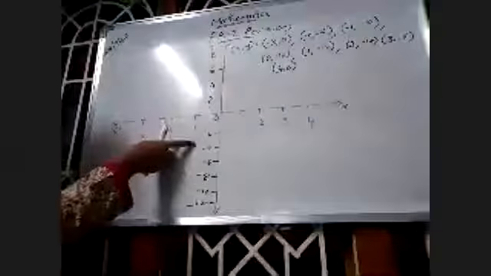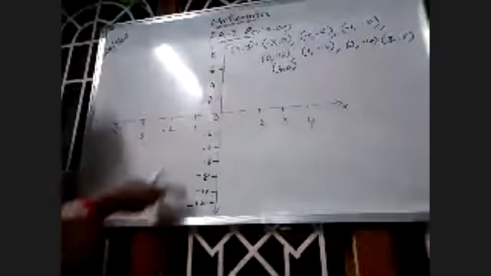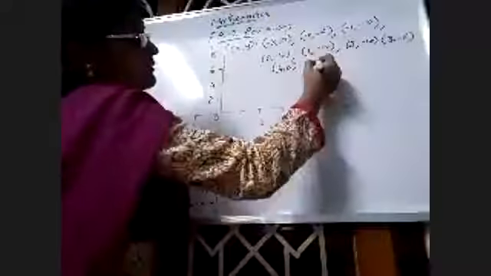So if I take 1 centimeter as 1 unit, it becomes a long length. So I am taking, in x-axis, 1 centimeter equals 1 unit. In y-axis, 2 centimeters equal 1 unit. 2 centimeters means here up to here. 1 centimeter, so this is 1 centimeter.